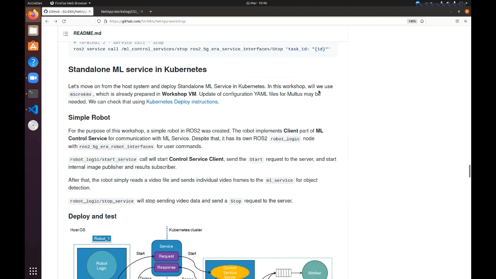We will use MicroK8s in this workshop, which should be already prepared in your workshop virtual machines. In case you are not using the virtual machine, but you are using your host system,